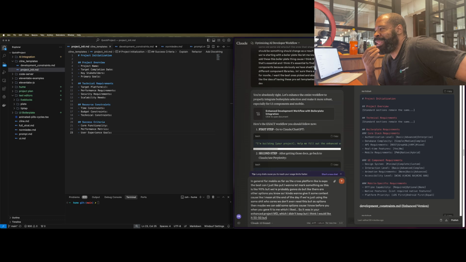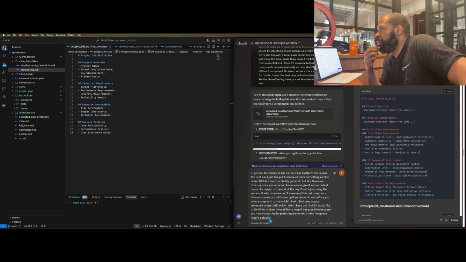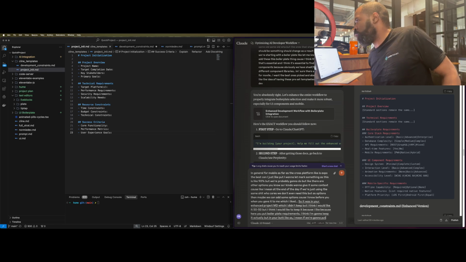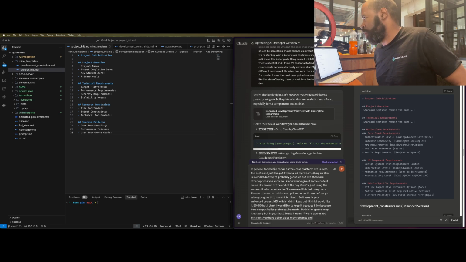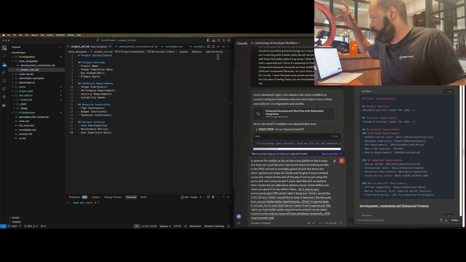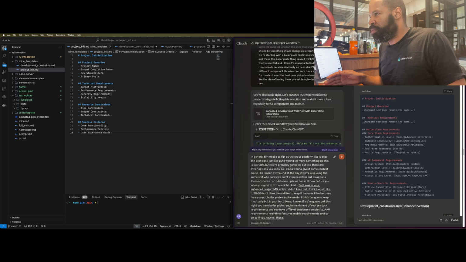50-50, but I think I would like to keep it because here you put boilerplate requirements. I think I'm going to keep it actually. So if we're gonna put this in, you have boilerplate requirements, and you have core stack requirements, and you have auth level, database complexity, API requirements, real time features, mobile requirements, and so on. So if you have all these, I mean,